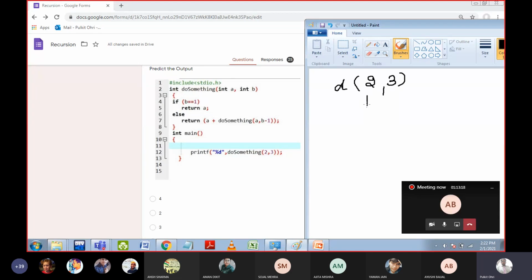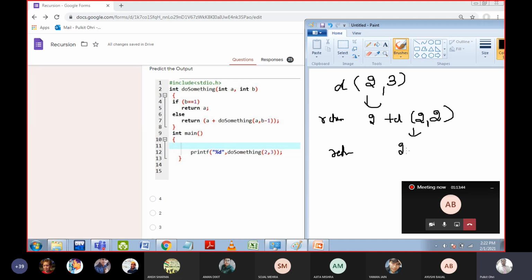Now the if condition will not work, so this statement will become return. What is a? It is 2. Look here, in this function call, the value 2 is passed in the variable a and 3 in the variable b, so it will become 2 plus something, and a will remain here, and b will become 2. Again this is a function call, it will become return.